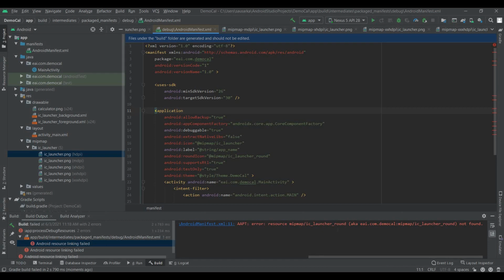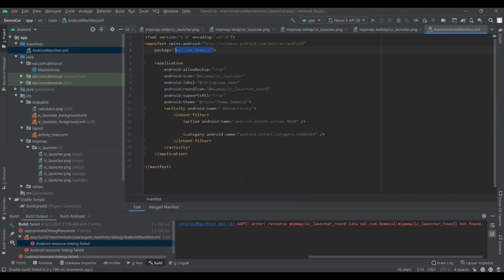Okay, it says that resource IC launcher round is not found in the manifest. So I am going to go to the manifest, and over here inside, instead of round icon, probably I can see if I can